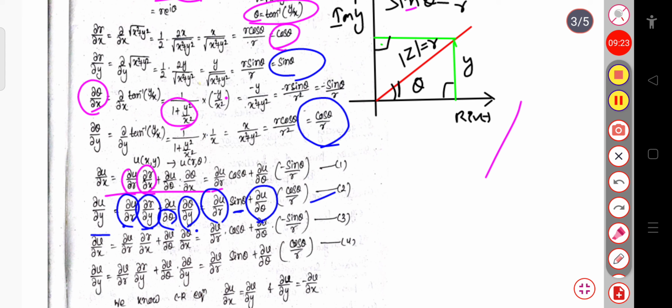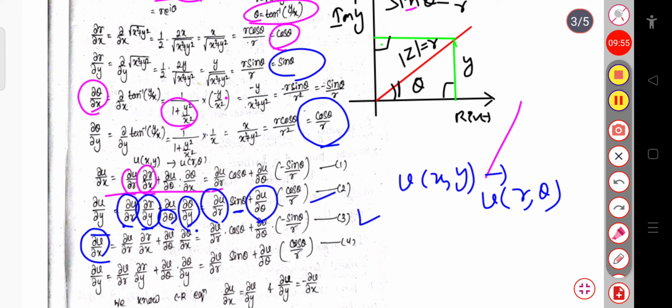Similarly we have to calculate for ∂v/∂x. So this ∂v/∂x also can be written as ∂v/∂r into ∂r/∂x plus ∂v/∂theta into ∂theta/∂x. This is because here also v of xy is a function of v of r theta, that is, we are converting this Cartesian coordinate system, v of xy, into the polar coordinate system, v of r theta. So here we have calculated ∂v/∂x.